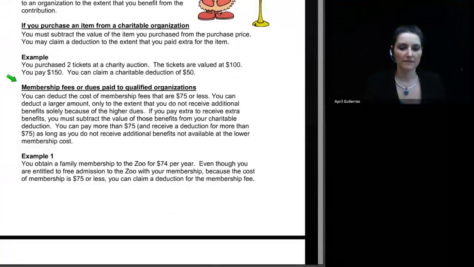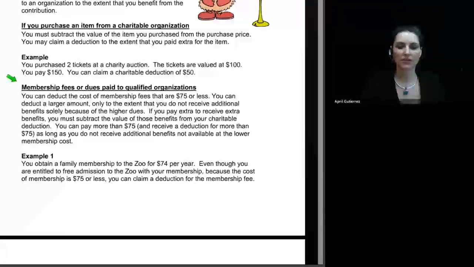All right. Next, we have membership fees or dues paid to qualified organizations. You can deduct the cost of membership fees that are $75 or less. You can deduct a larger amount only to the extent that you do not receive additional benefits solely because of the higher dues. If you pay extra to receive extra benefits, you must subtract the value of those benefits from